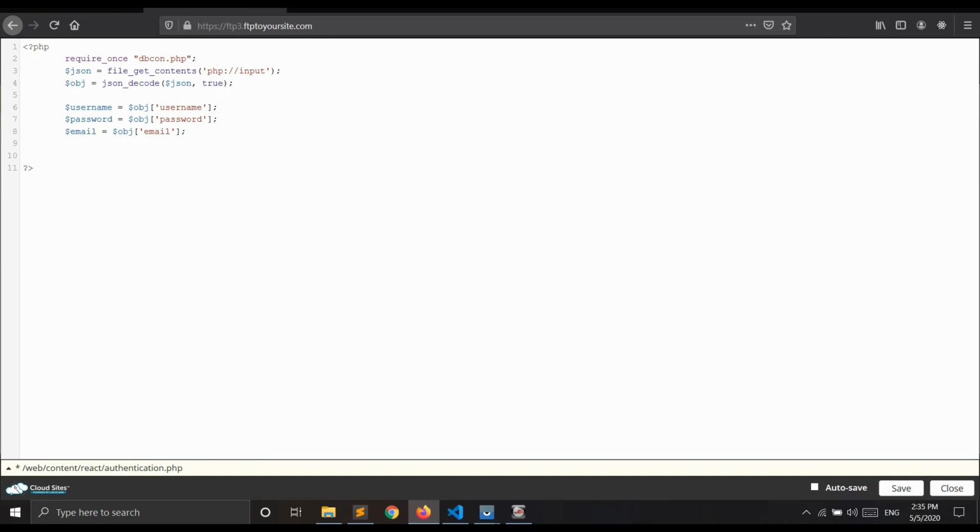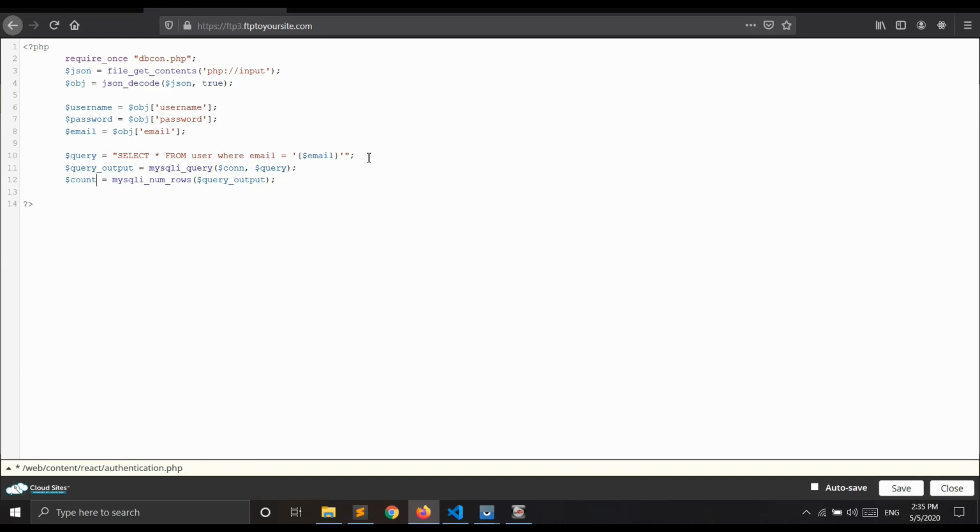Now I'll just simply copy this. I'm writing a query, select star from user where email equals this email. Why am I doing this? First I need to check whether the user we are trying to register is already present or not in our database. So we are doing this.